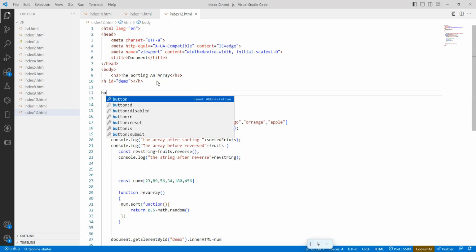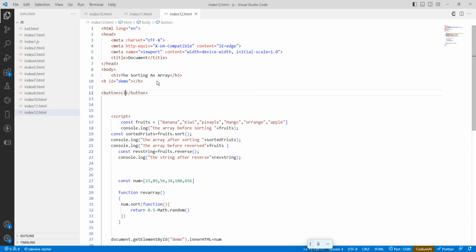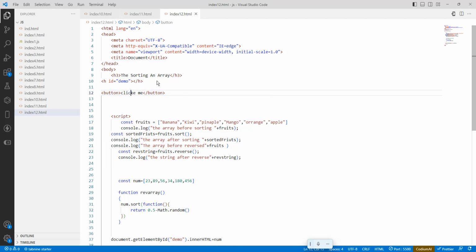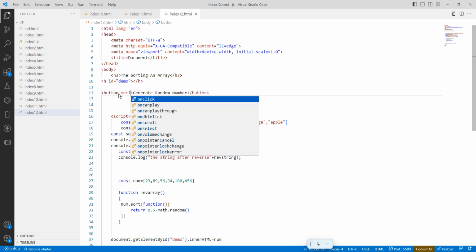For that button, the text is "click me", or else "generate a random number". Here, on click,